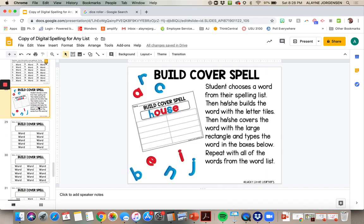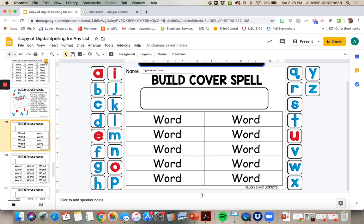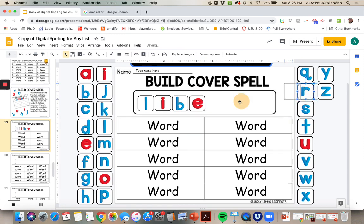The next activity is a build, cover, spell. So the students choose a word from their spelling list and they build it with these tiles on the sides. Okay, they can move this out of the way. Notes, we don't need that. So let's say if it was the word liberty, then I'm just going to drag the letter tiles over. You can see the letter tiles, there's I think 3 of each letter tile stacked, and so if the word has more than one of a certain letter, it's fine because there are multiple letters. And this has a little bit of a lag dragging because I'm screen recording, but when you're not screen recording, it's not so slow,